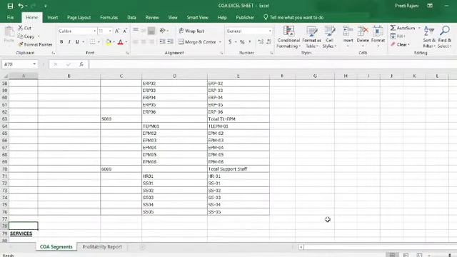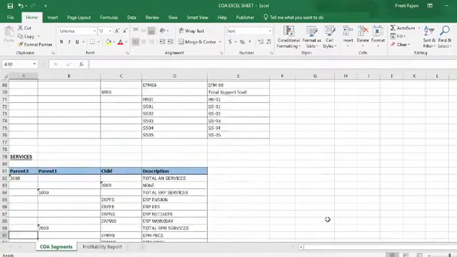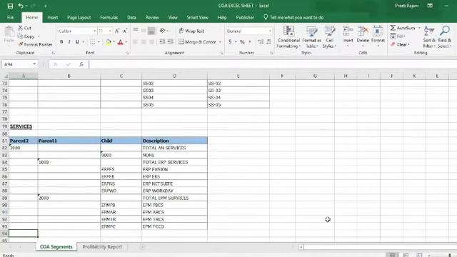Let's move to the next segment, that is services. These are the services provided by the Aeronet group. They provide the ERP services, and under ERP they provide Fusion, EBS, NetSuite, Workday, and then they provide the EPM services, that is for PBCS, ARCS, TRCS and FCCS.